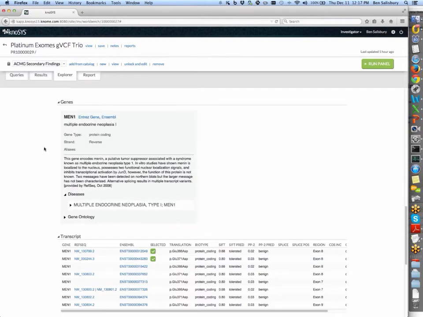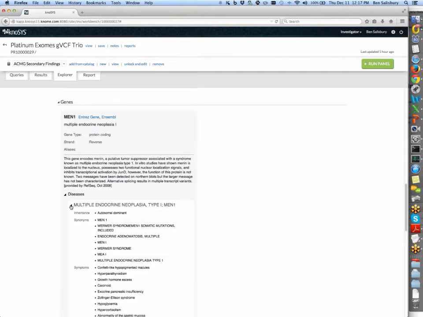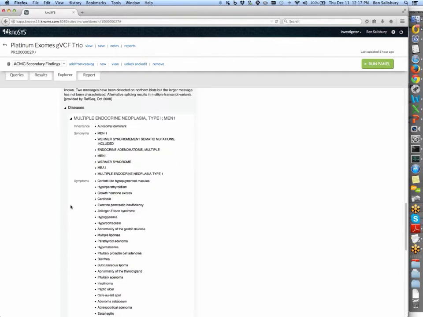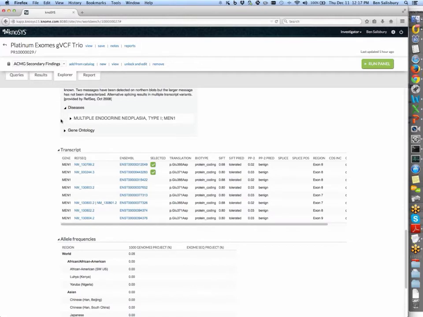But scrolling down a bit further, we can review this gene. When you're studying an exome, this is particularly handy, as few people are expert in all 20,000 plus human genes. And if we want, we can also open this up and read quite a lot of information about that disease phenotype and symptoms, synonyms, and the inheritance pattern, coming from sources such as OMIM, Orphanet, and Decipher via the Human Phenotype Ontology.